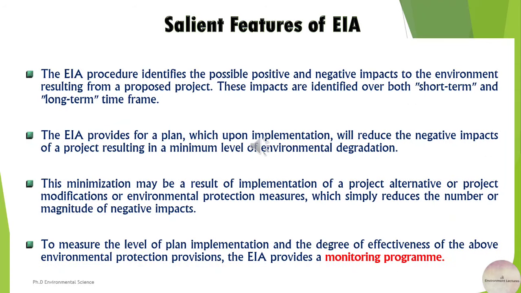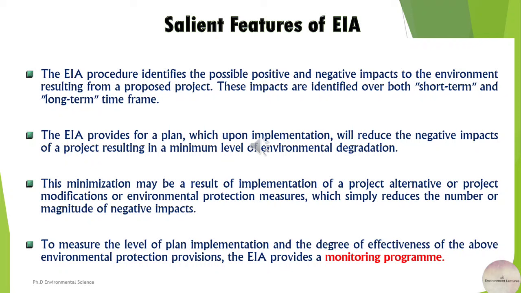Now what are the salient features of EIA? The EIA process looks at a proposed project to find out its possible positive and negative impacts on the environment. It checks both the short-term and long-term impacts of the proposed project. The EIA includes a plan that, when followed, will reduce the project's negative impacts on the environment as much as possible. In order to minimize the negative impacts, the project might use different approaches, make changes to its design, apply